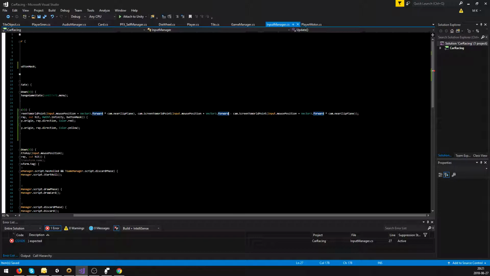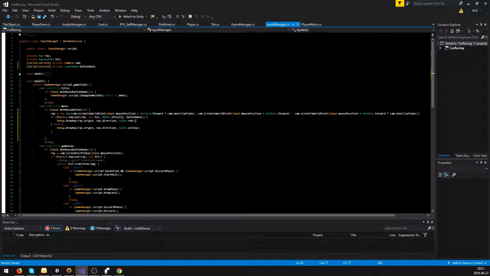You need to close the round. Okay, save. Now, let's see if you know why this is. Do you have any idea why I'm doing this? No, I don't. Okay, so first of all, the camera screen to world point just gives us a vector of